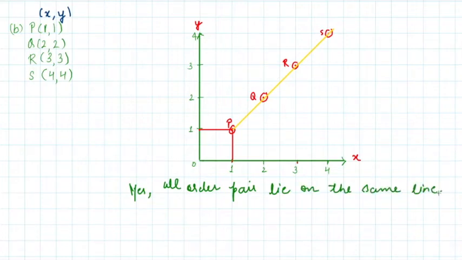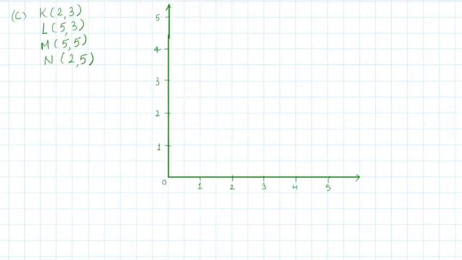So this is how we have to complete this question. There is another part in this question where four ordered pairs are given and we have to locate them in the Cartesian plane. Again we will mark the axis. We have already marked the origin here. Now 2 and 3, remember the position is x and y. So x is 2 and y is 3. So 2 and 3, it means this is your point 2 and 3, and the name of the ordered pair